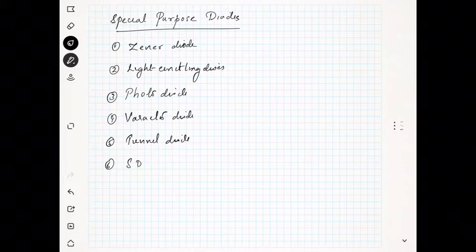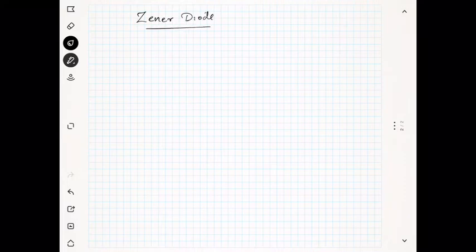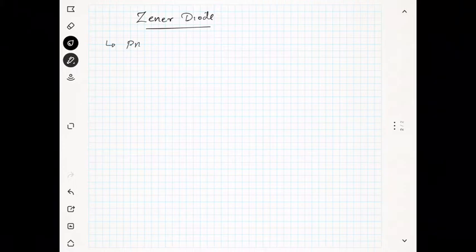Out of these, today inshallah we will discuss the Zener diode. It is a special purpose diode. It is again a PN junction. A diode is a PN junction, yes, you know that. It is a PN junction, but